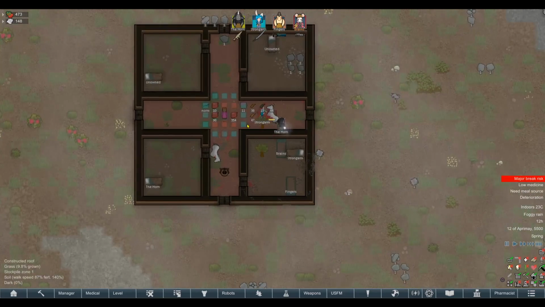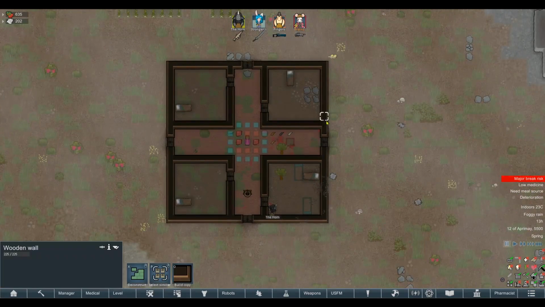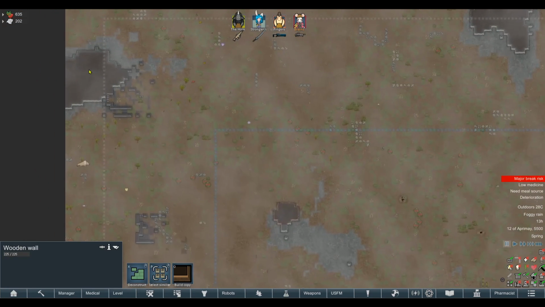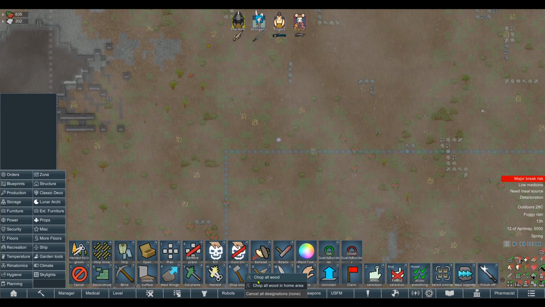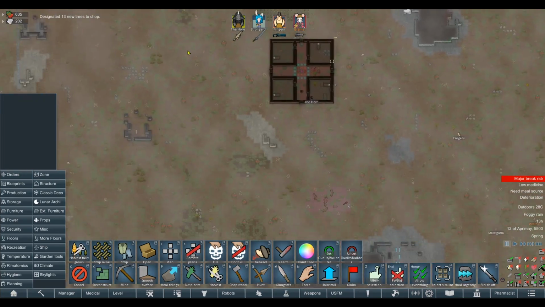So you've got a little bit of an indoor area here, but obviously it's far from what we need right now. A dedicated kitchen zone sort of comes next. The issue with this map, of course, is that we have barely any trees to work with. We are really struggling for wood right now. Could go chop all wood. We've got 13 trees across the entire map. My God. Have we got any other...